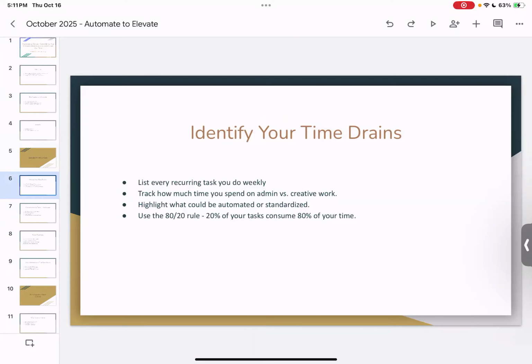So you want 20% of your tasks to consume 80% of your time. So at the end of the day, you want to ensure that 80% of your time is yours and 20% of the tasks are already managed on their own. Does that make sense? Yes. Awesome. So again, start by what you do each week, every little task.